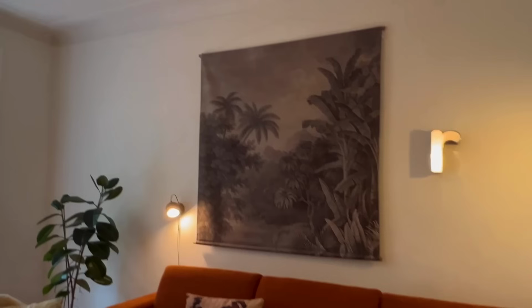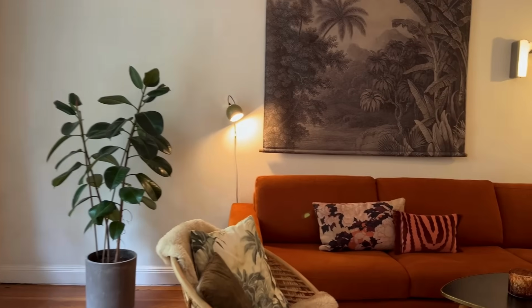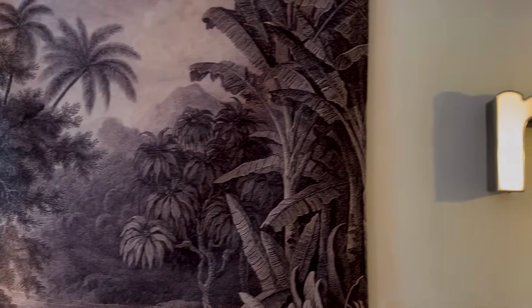And they were actually sourced from a vintage market right down the street. And if you look at the overall design of this wall, it basically just looks like a little piece of art, because rather than just putting up boring lamps on lampstands that are just standing around the floor, they were actually mounted onto the wall. And this is a really cool trick to elevate a small space and make it feel really sophisticated and